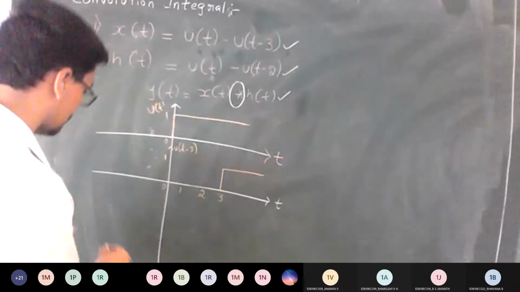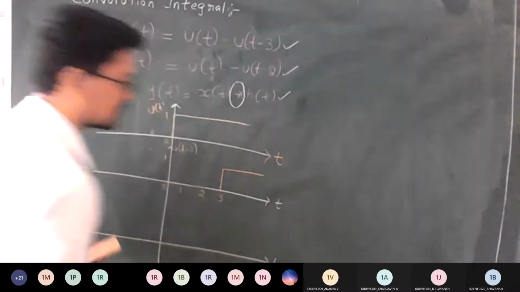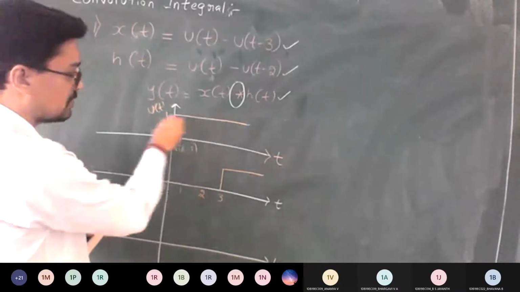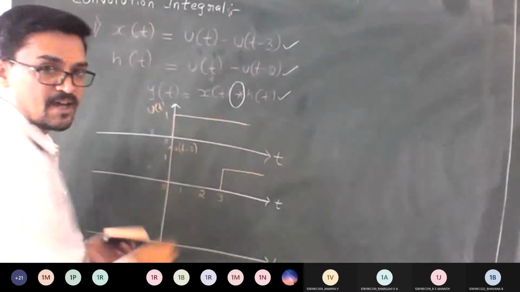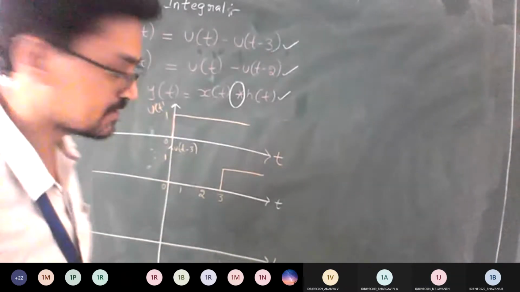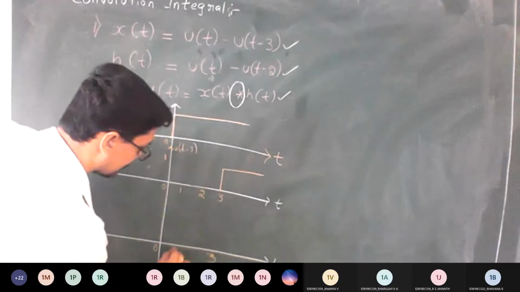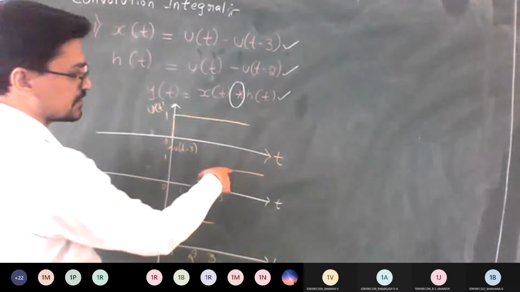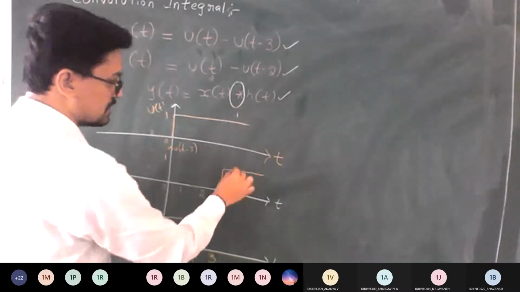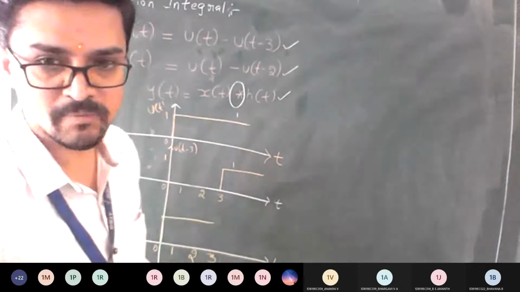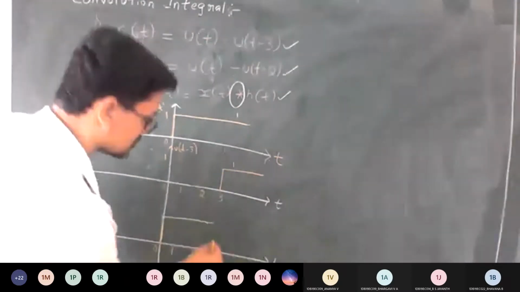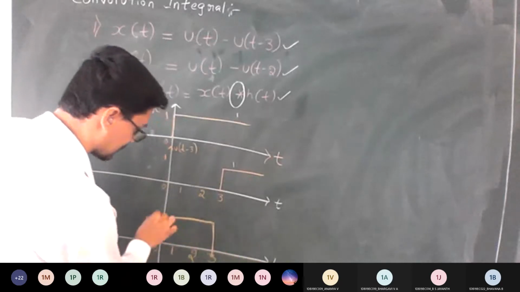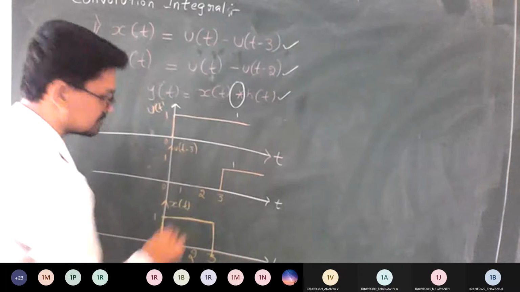Correct. So from this combination, I hope you remember how to subtract things, right? If you look here, from 0 to 3 the signal is here with amplitude of 1. Here nothing is there. So it means I can retain my signal from 0 to 3. Once it reaches 3, look here: this has amplitude of 1, and this also has amplitude of 1. If you subtract, 1 minus 1 becomes 0. Hence, the signal is going to end at 3 itself. So from 0, it is going to be like this. So this is my x of t. Agree?